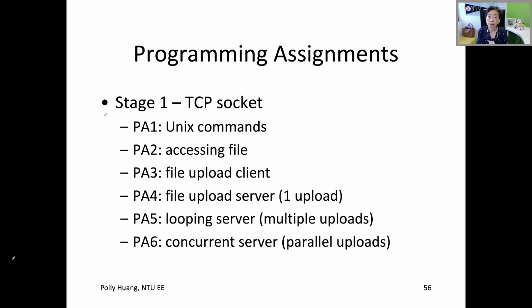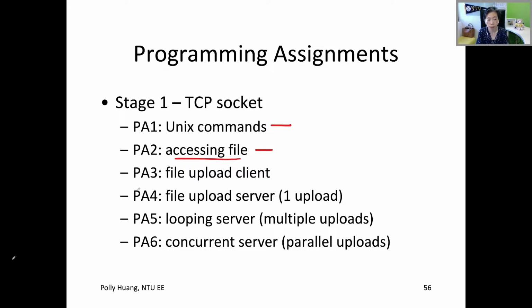Just a little bit more about each of the PAs, all right? PA1 is for you to learn some Unix commands so you know how to work around the Unix workstation at least. Second, using Golang to access files. Okay, this is about reading from a file on the hard drive, maybe doing some processing and then writing changes back to the file. I have assumed that you know how to do this using at least another language that you learned from a programming class, such as Python or C++.